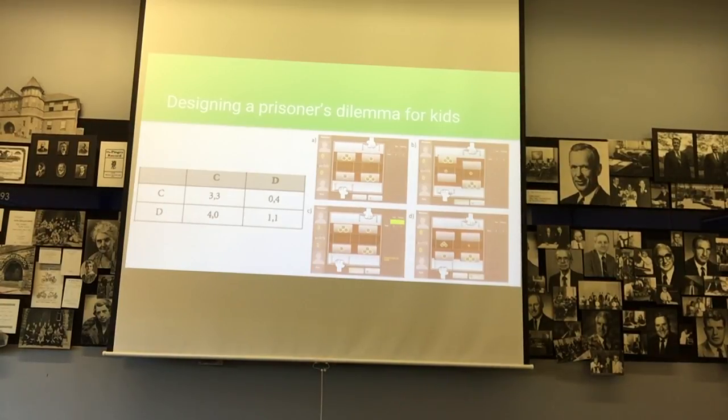And for children, to make it even easier for them, they created a little game to play. The kids could either choose to push or pull. If they push, they would be pushing 3 tokens to their opponent. If they pull, they'd be pulling 1 token to themselves. And then if they push, they'd be pushing 1 point into the gutter. Pull, they'd be pulling 3 points into the gutter. So it's just a way to visualize it for the kids. And it was done in 5th and 6th graders.